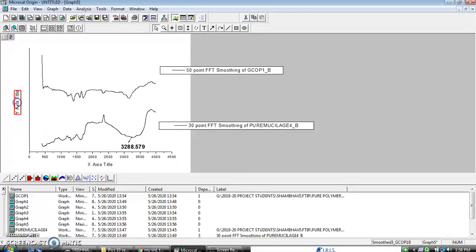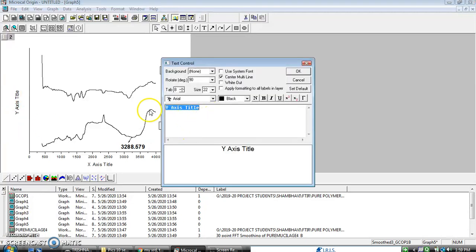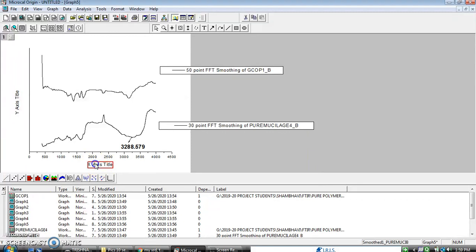Now here you can write whatever you want onto the y-axis. Suppose as I click, you will get this particular format. As I click on the x-axis, you can get a particular format. So this is how you can interpret and get an overlay diagram either for FTIR or TSC or TGA or XRD. I hope this video is useful. Thank you so much.